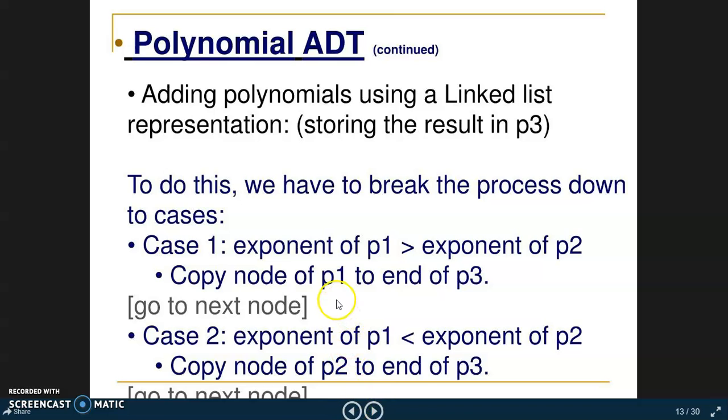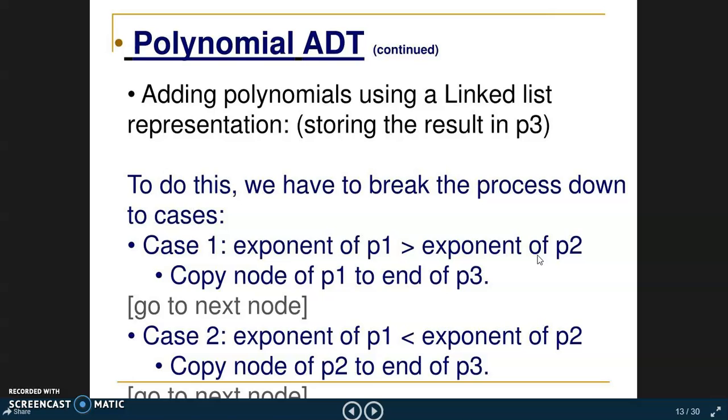Whenever you are going to add polynomials, what are the different steps we need to follow? There are some conditions to add the polynomials. The first condition is if the exponent of the p1 element is greater than the p2 element exponent.